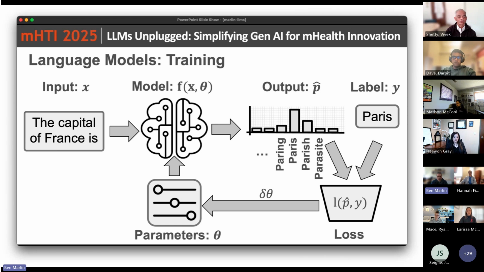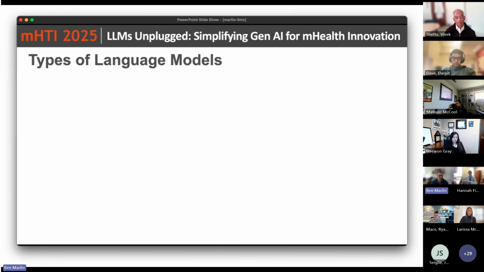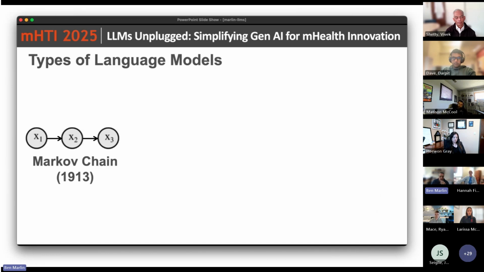Our models will have some number of parameters. Everything that I mentioned previously holds in that the larger the models are, the more data we're going to need to train them. And so we'll talk about where that training data comes from for LLMs. Before we do that, I'll say a couple of things about language models.